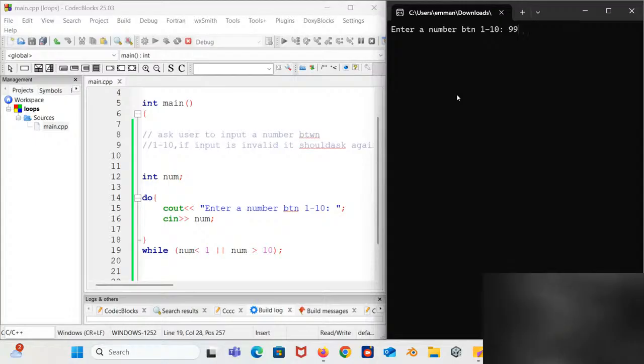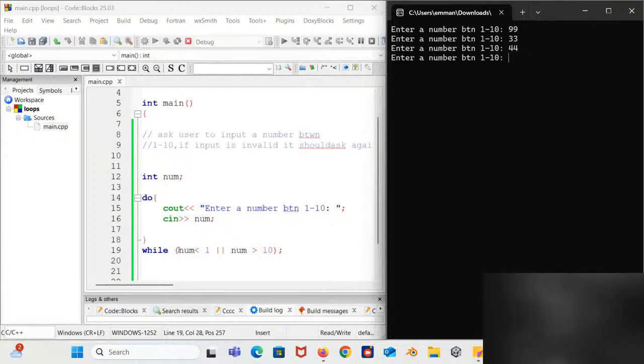The moment I enter 99, it's asking me to enter another number again. Then I enter 33, it's asking me again. 24, enter number. Why? Because the condition stated here is that the number entered should be between 1 and 10.